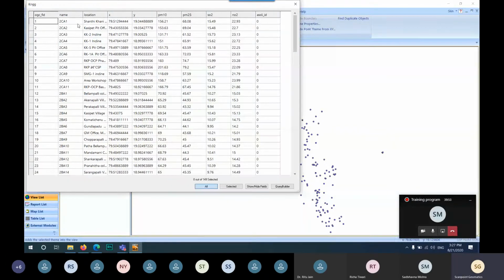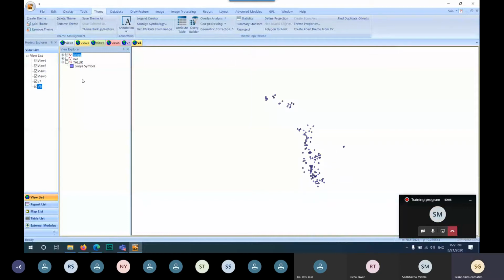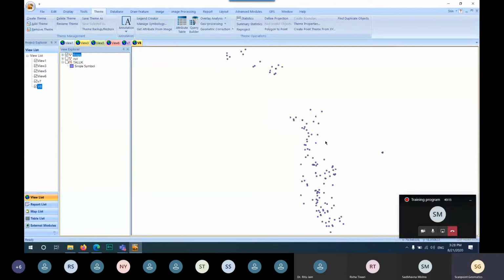This is name, location, XY, other parameters information. So using this create point theme from XY, you can import a particular table and open it as a point theme in IGIS.